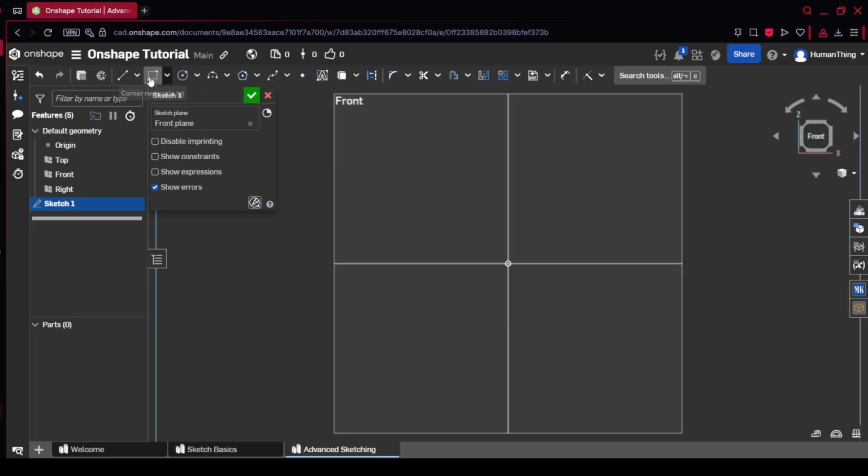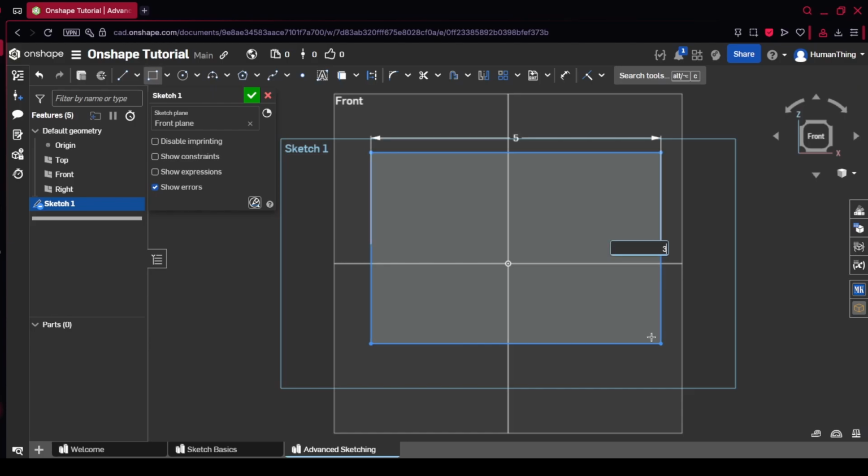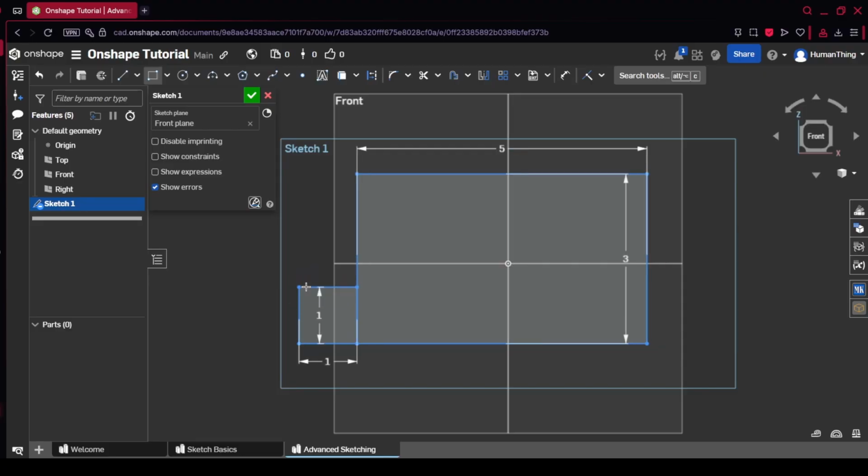So this time we're going to get another rectangle. I'm going to make it big. We're just going to do 5 by 3. But now I'm going to add another rectangle over here. And this rectangle will only be 1 inch by 1 inch. And then let's just add a circle